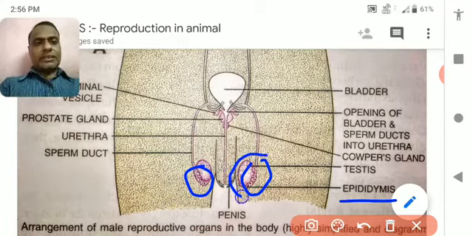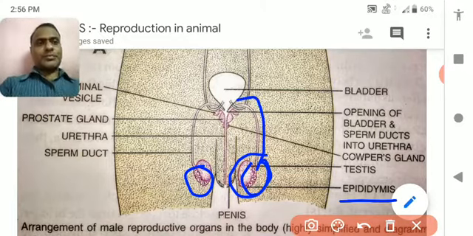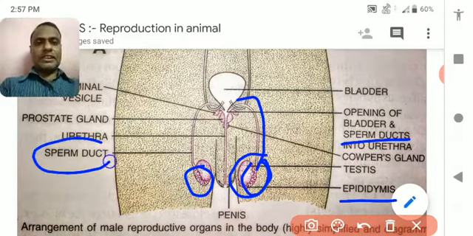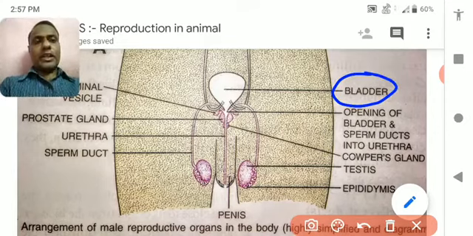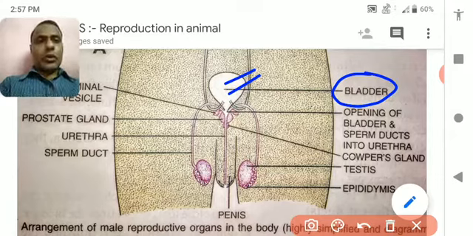After that, you can see from the testes a duct-like structure comes out. This duct is called the sperm duct. Remember this, okay? It is written over here. Next, the sperm duct goes behind the urinary bladder. There is a urinary bladder in which urine is collected. Just behind the urinary bladder, it opens directly